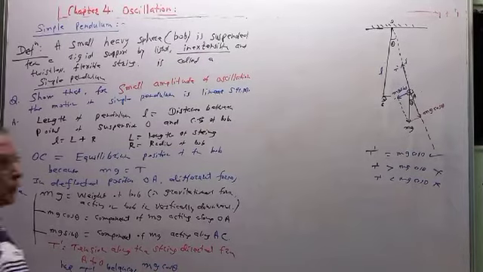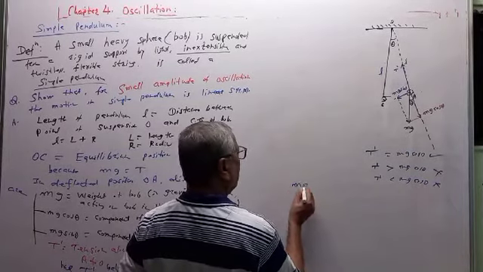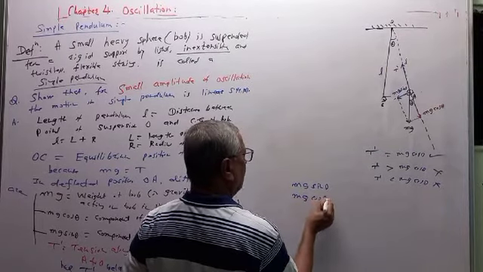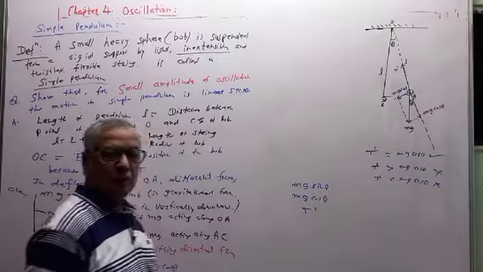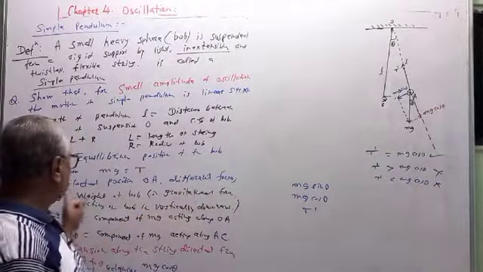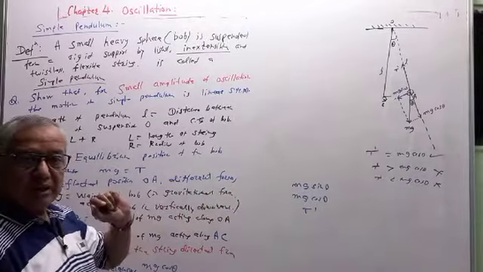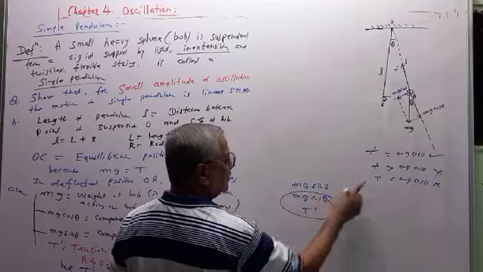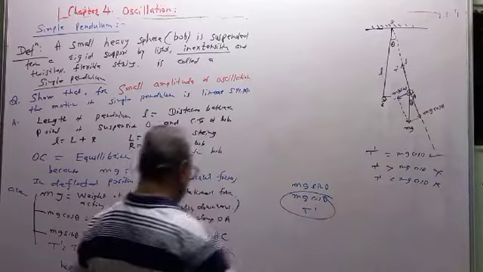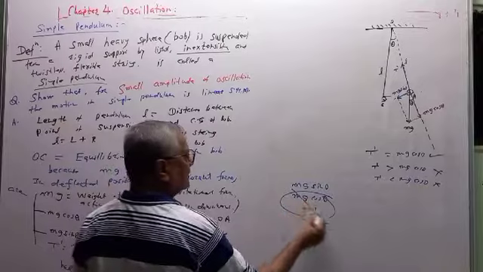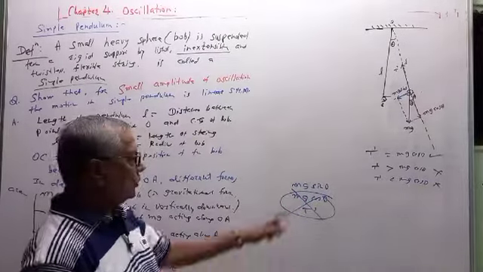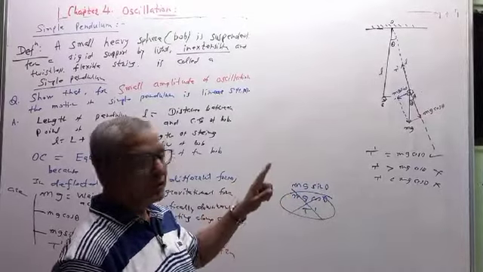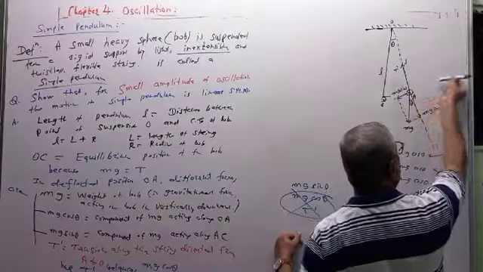So there are total three forces. One is mg sin theta, second is mg cos theta, and third one is T dash. So out of these three, we do not need to cancel mg itself, only its two components. So mg cos theta and T dash are equal in magnitude, balanced, and opposite in direction, therefore they cancel each other. So what about mg sin theta? mg sin theta is not cancelled, is not balanced, because there is no force in this direction.